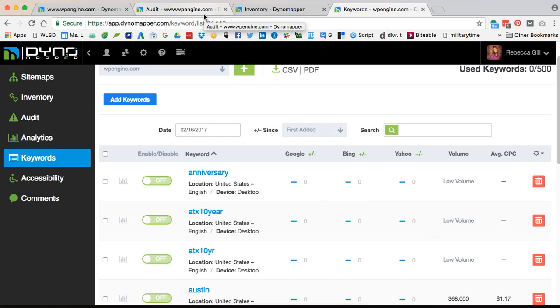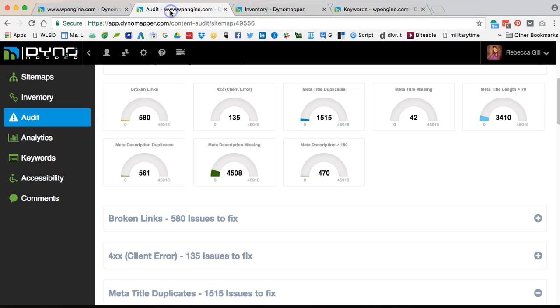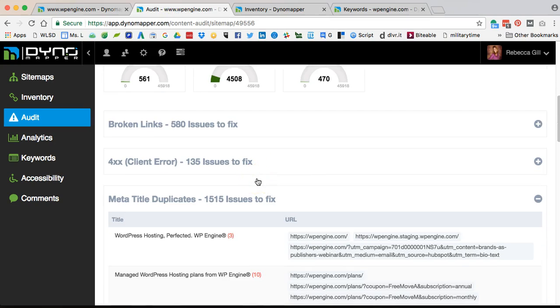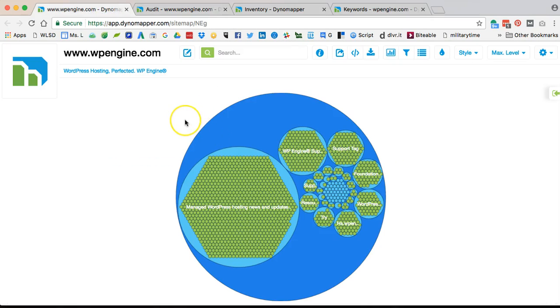So just to recap, you do have keywords available. I don't find them of much use. The inventory is available. I also don't find that of much use. The audit is great just to see where they could potentially have issues, so that you know how weak or strong their SEO is. And then we finally have the real heart of it, which is the sitemap, to truly see where their content's located, to be able to view the folders, what's included in the folders, and be able to export a complete list of all of the URLs that Dyno Mapper found on their website and the associated